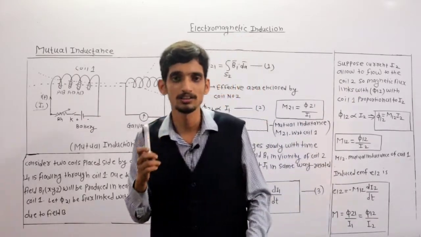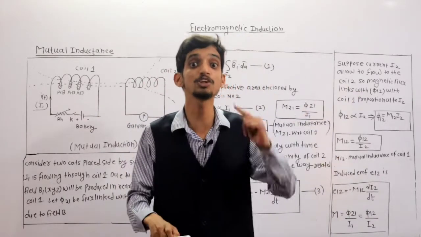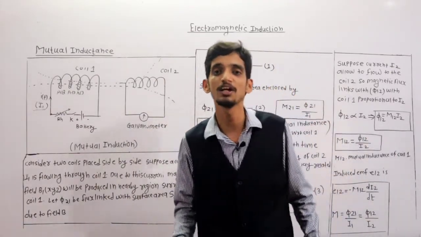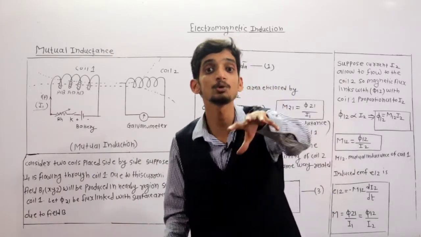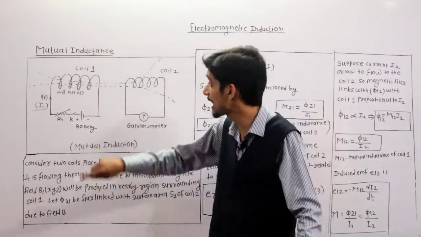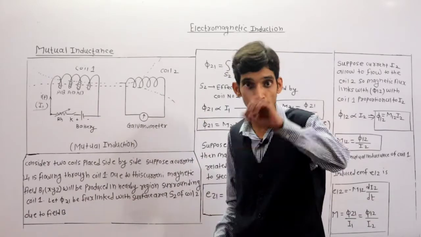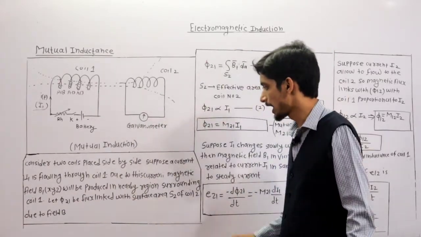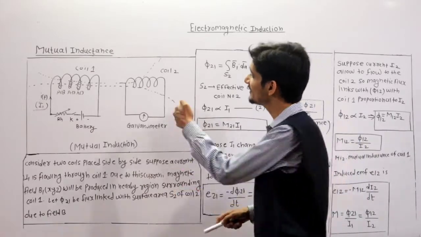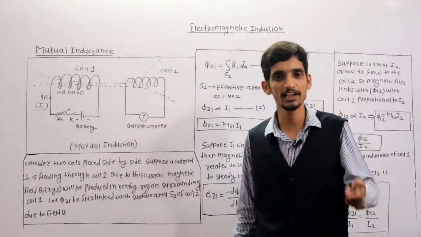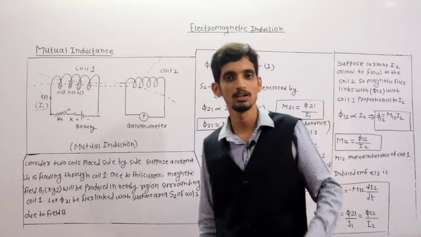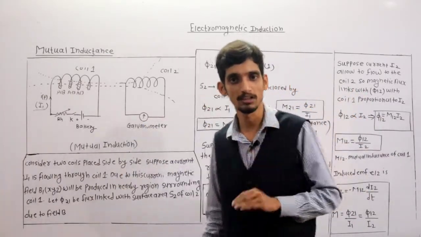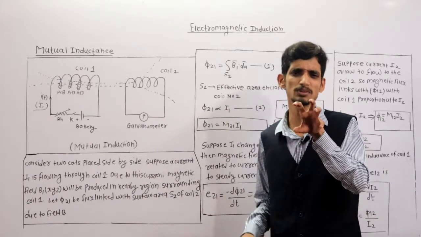Clear? You know that the space around something in which influence is felt is called a field. As this particular effect is magnetic, that field is what? Magnetic field, and that magnetic field is produced in the region around the first coil. Okay, and the second coil is in the field of the first coil, so that flux links with the second coil and EMF is induced in the second coil. Clear? Okay. Now I am giving some specific terms.